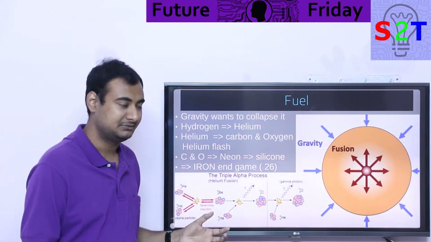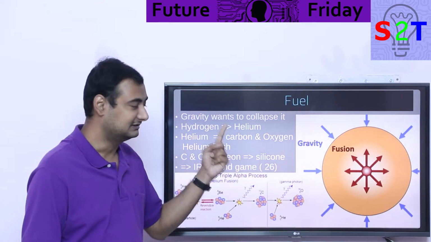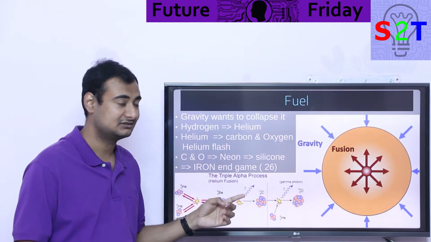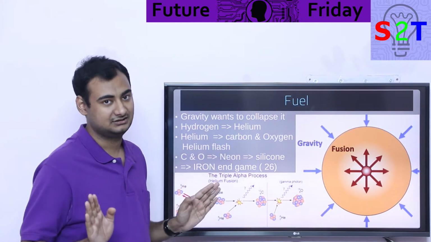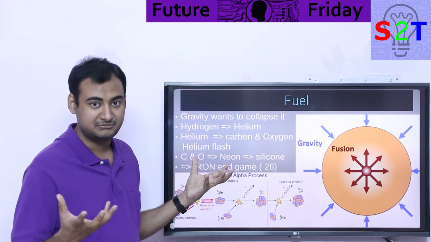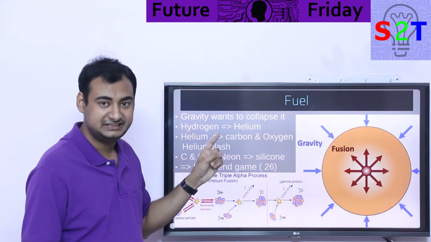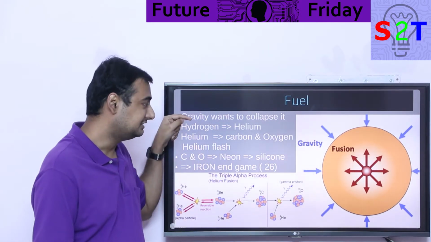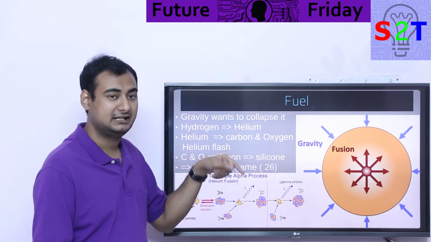So what is actually happening? Now you have to understand one core aspect. Gravity never shuts off. Fuel may run out, but gravity will not shut off. It's a universal principle. So what stars generally do is take hydrogen, the primitive element, and collapse it into helium. Now what happens once you run out of hydrogen? You take helium and you still collapse it into carbon and oxygen.